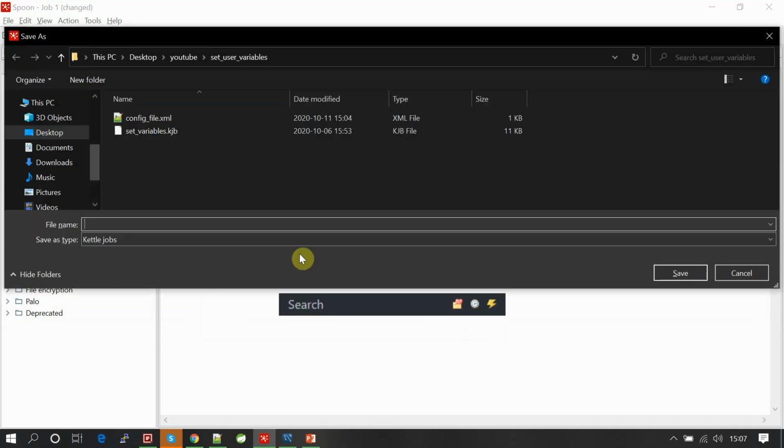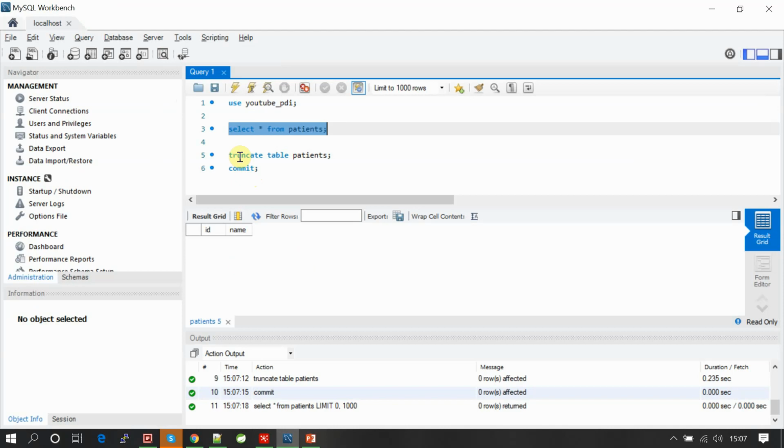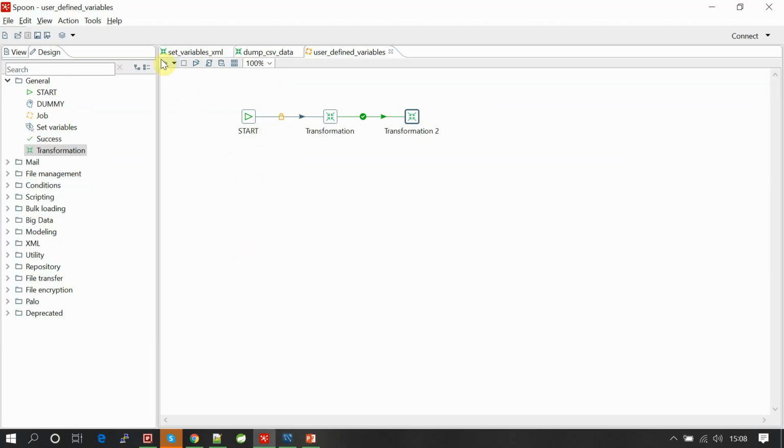Save this job as user defined variables job. Let's confirm this once again. You don't have any data in the table, and let's run this.